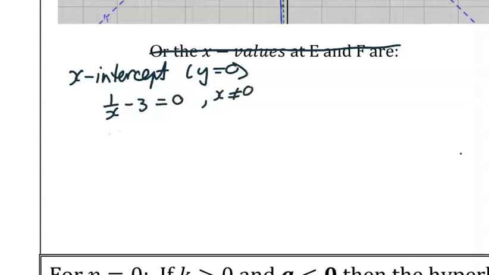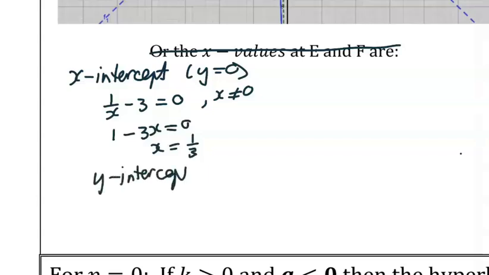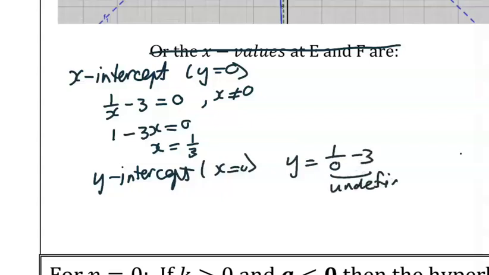So if I multiply by x, I get 1 minus 3x equal to 0, so x is equal to 1/3. And for the y-intercept, if I put x equal to 0, I will get y equal to 1 over 0 minus 3, which is undefined. So there's no